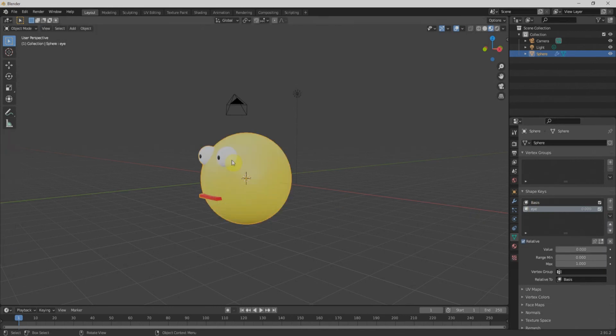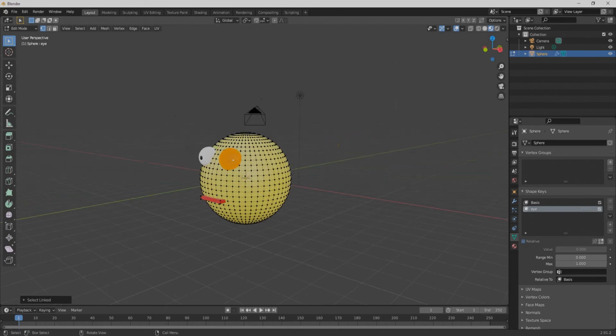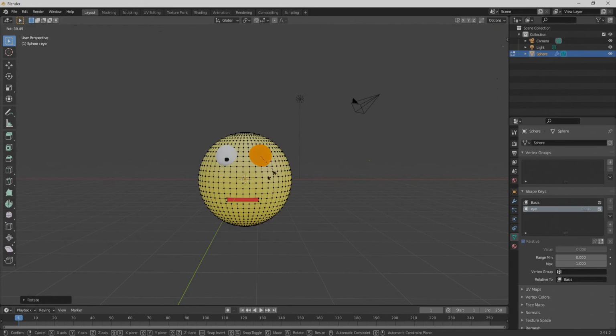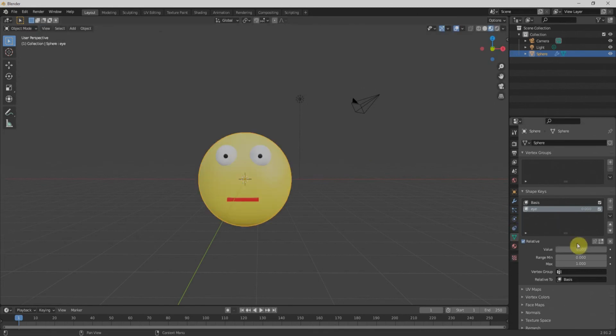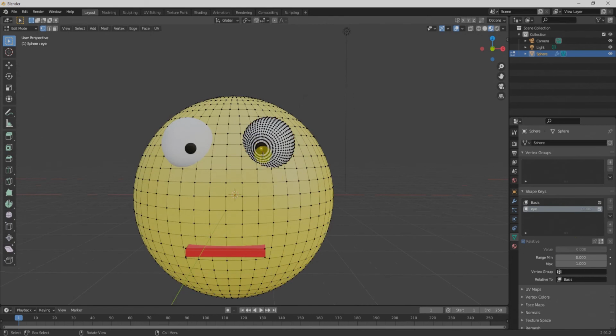We'll go to edit mode by pressing the Tab key. We'll select from here, select the island, and I'll rotate it a little bit like that. If I go to object mode and check that value, you can see that the eyes are working like that. We'll make it more interesting by selecting this material.